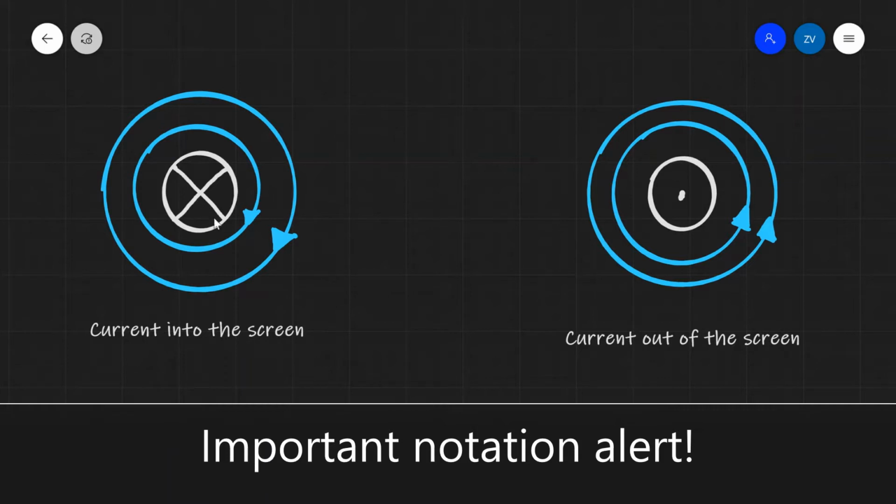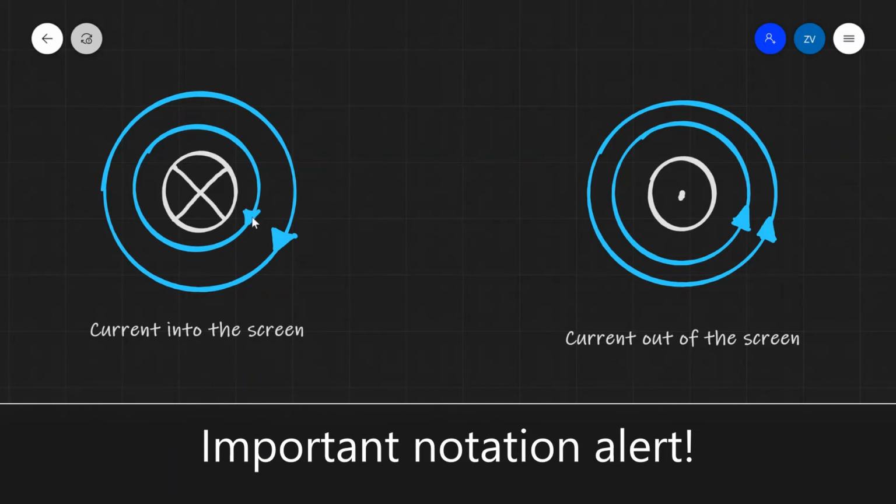This is the convention for the direction into the screen, or into the page on a test paper, or into the board on a whiteboard in college, etc. And this over here is the tip of an arrow which is coming towards you. So in this case, this would indicate the direction out of the screen or out of the page or out of the whiteboard, etc. If we have a current carrying wire with which the current is going into the screen,